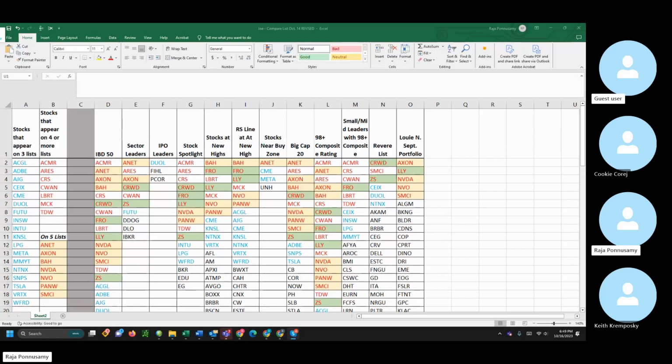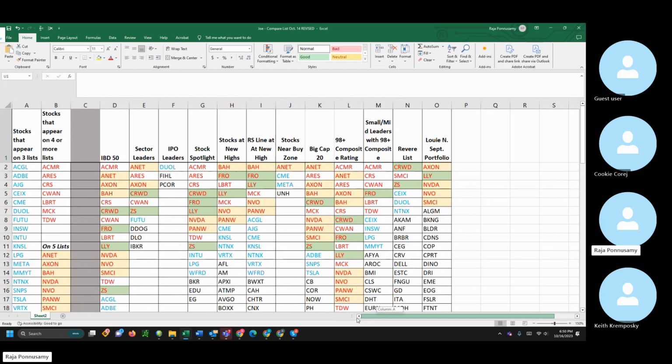Okay, what I have here is a list that I've been working on for a few months. I'm updating it every week. My thought behind making this project was I wanted to see what stocks are in how many different lists. So I started downloading different lists from IBD Digital, and I put them in the spreadsheet. And by doing some filtering and some other little tricks, I had the Excel put out how many lists these